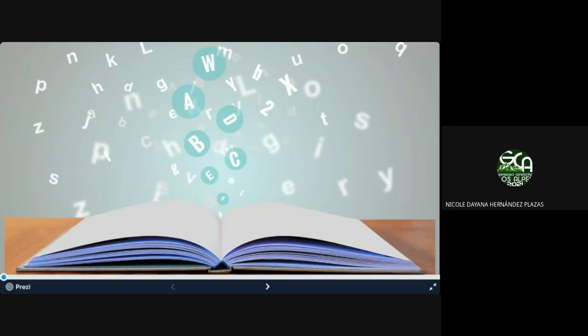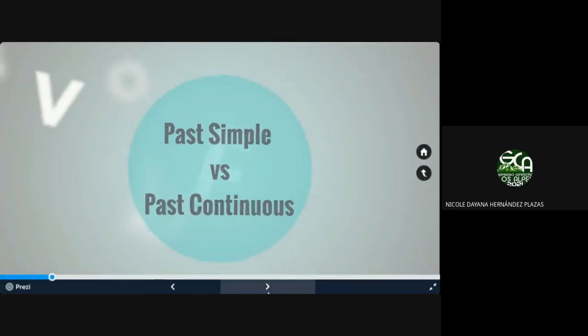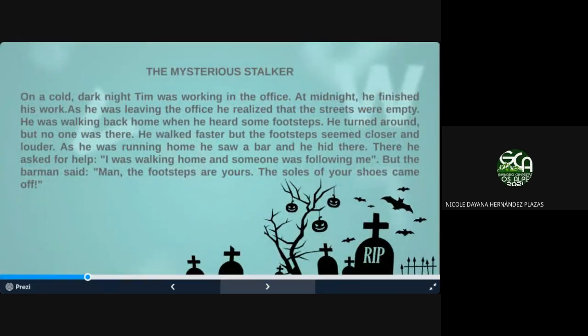Okay, no questions. So let's begin, beautiful dears, with our today's class explanation. And today we are going to be talking about past simple versus past continuous. Let's do it, my dears. Here we have a story. So what are we going to do? I just want us to read the story, and then we are going to identify in which parts of the story we are using past simple and in which parts of the story we are using past continuous, okay? So we are going to read this